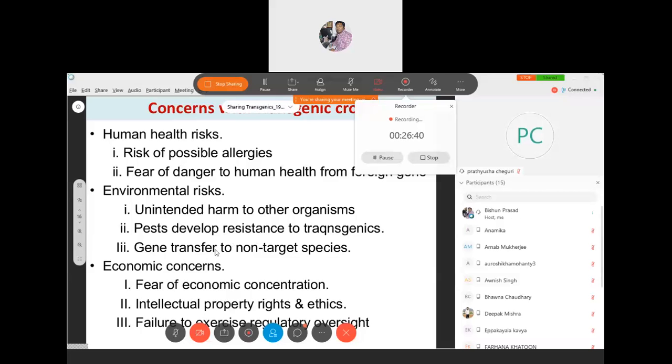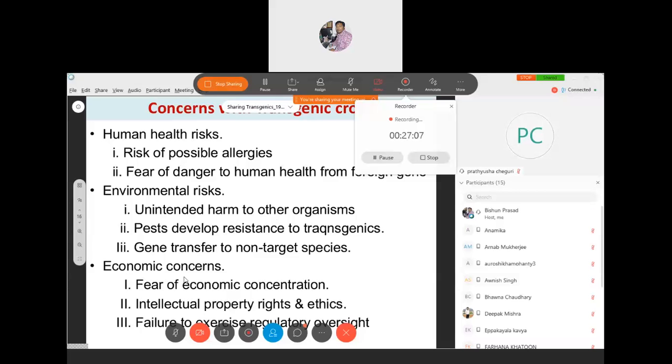And even horizontal gene flow is not easy. Most of you are plant breeders, you know that a crossing program is not easy. If it were so easy, you might keep one variety with another variety, and next morning come up with, okay, crossing has been done. So horizontal gene transfer is not an easy phenomenon. So environmental risk is there, but if we are careful, then we can minimize this environmental risk.